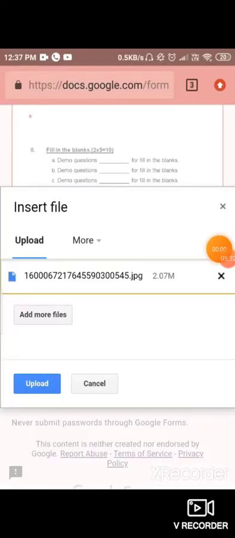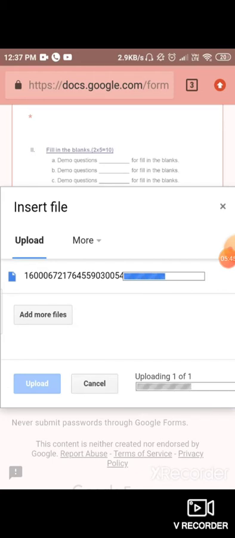For one page, we will adjust our camera on the page and click the capture option. After this, we can find here two options. One is for cancel and one is for submit. Suppose that any changes are required, you have to cancel and retake your picture. Suppose you don't need any change, you will click on submit. After clicking, you can see your file is uploaded here. After this, you have to click upload.